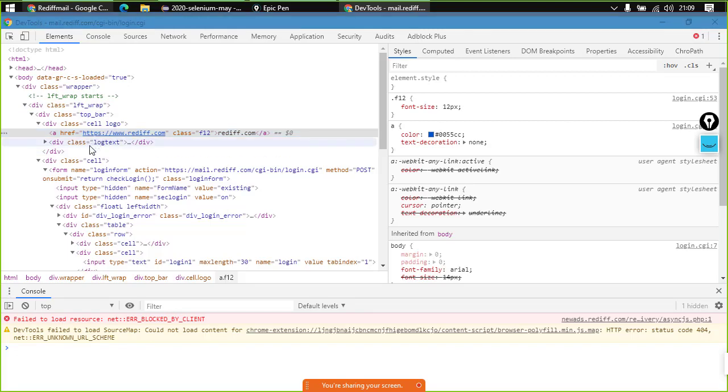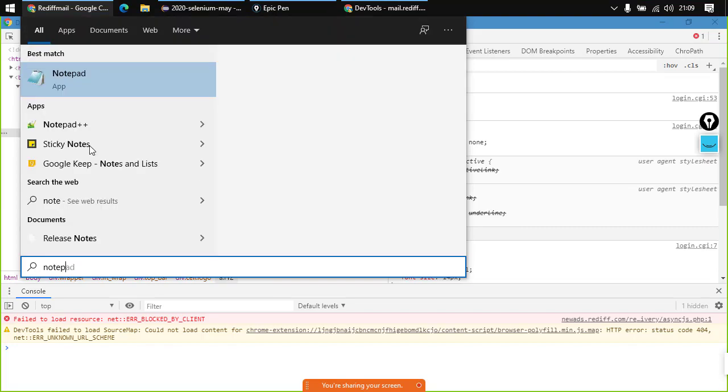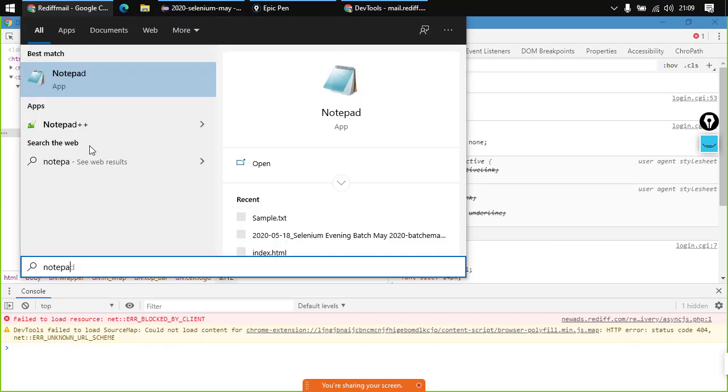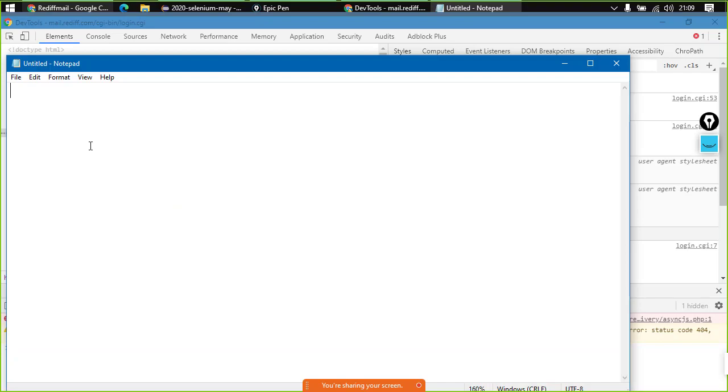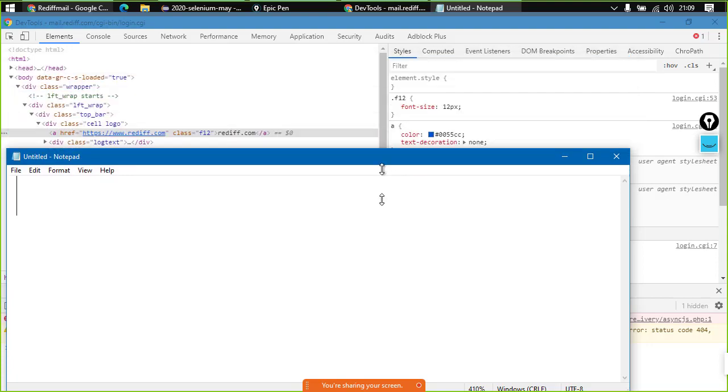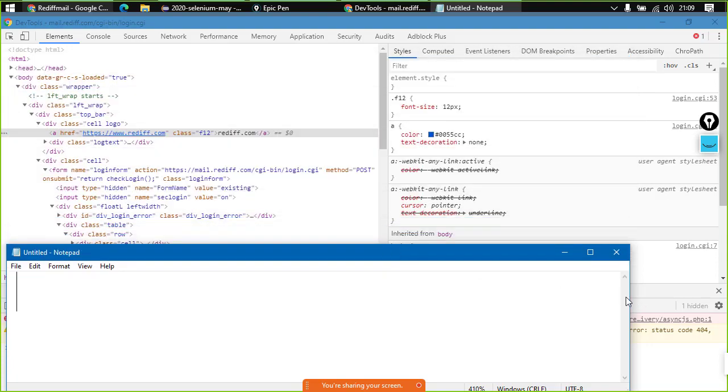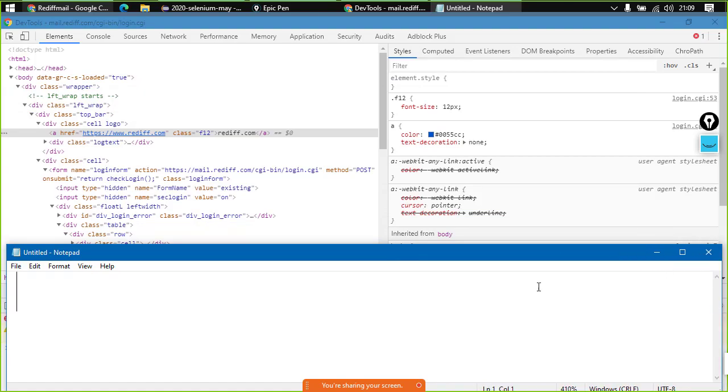So what I'll do is I'll open Notepad, and let's set the text to the maximum size. And here I'll start typing the XPath. So here we'll generate an XPath.